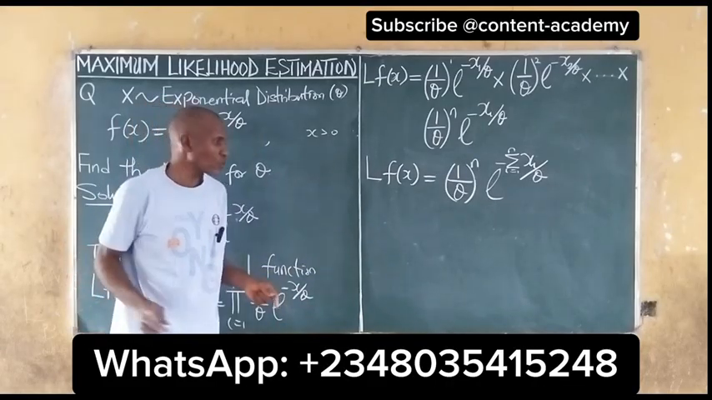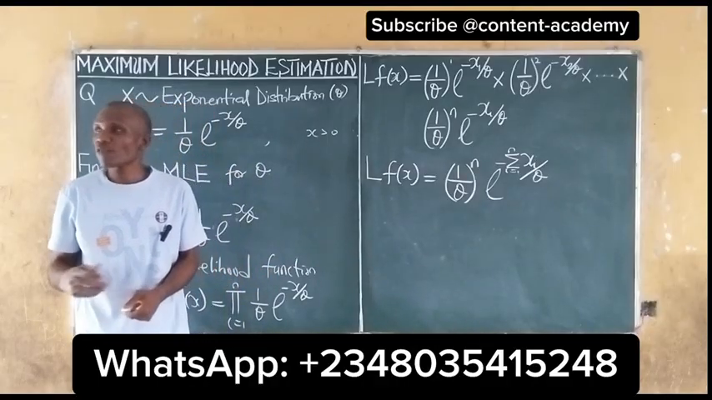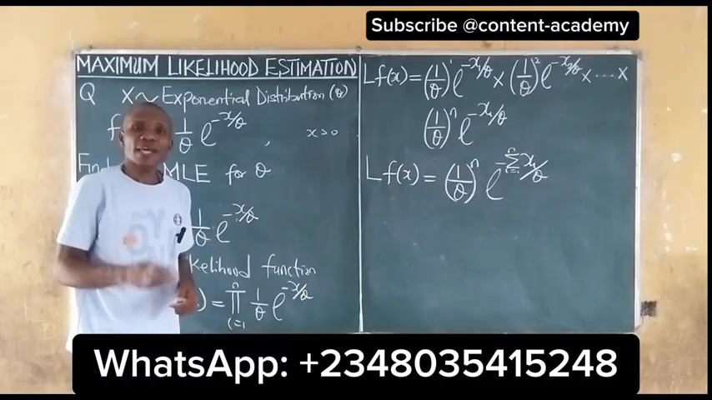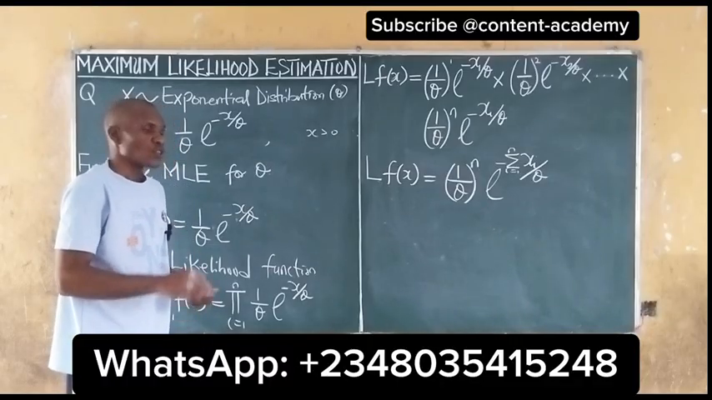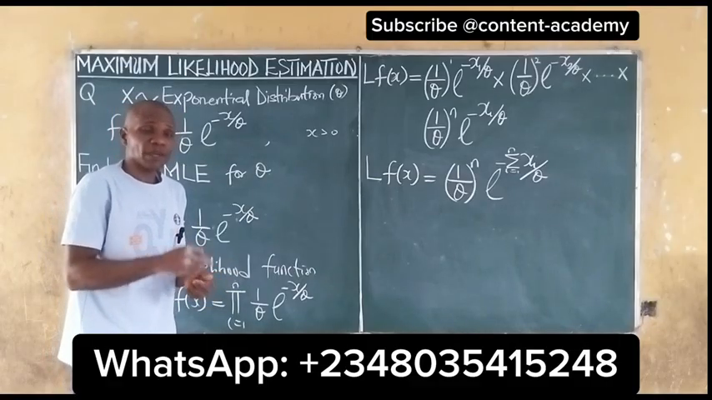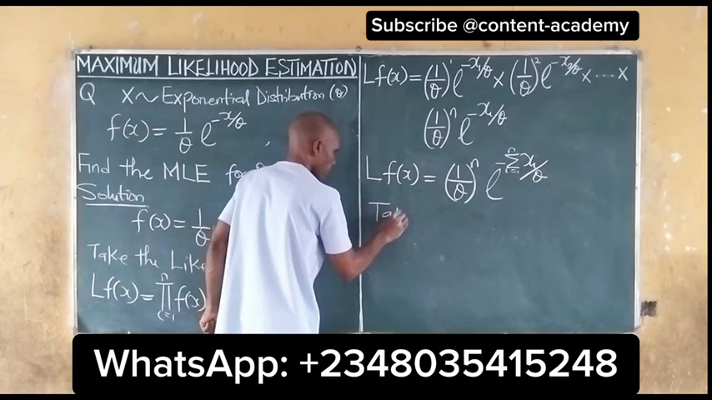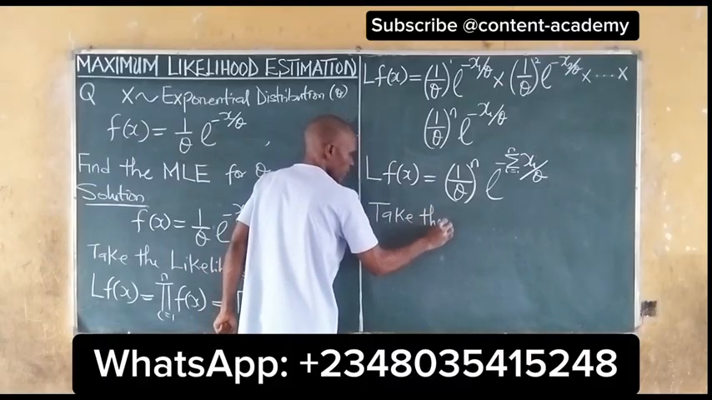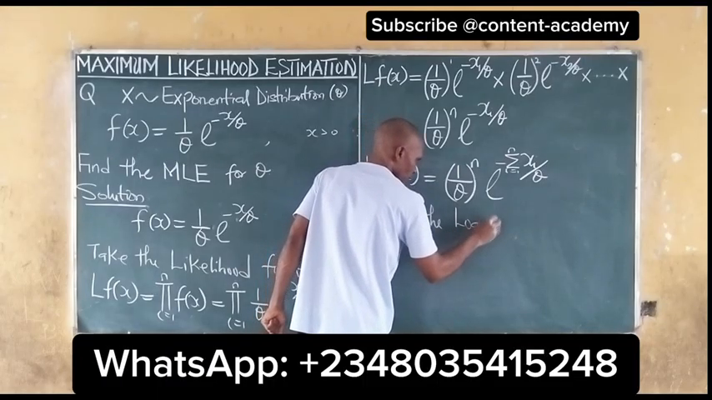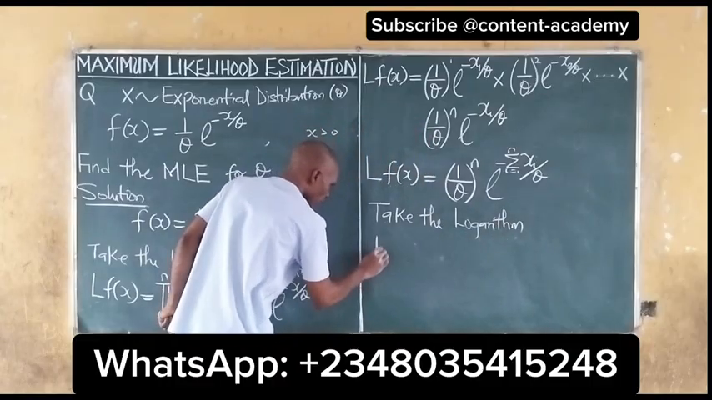Now the next thing to do is to take the logarithm, to take the log. Of course, we explained in our maximum likelihood estimation that to obtain the estimates, we take the log of the likelihood function, take the derivative with respect to the parameter given, and equate to 0. So we take the logarithm. Taking the log, we have